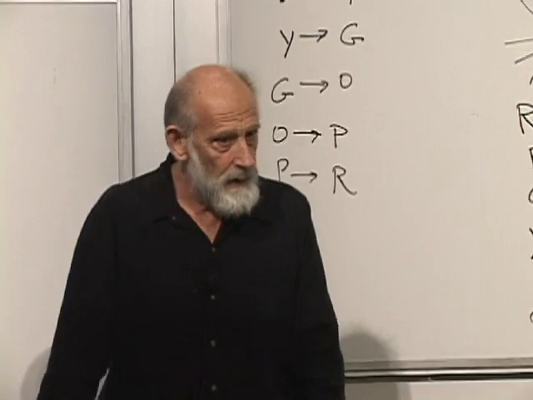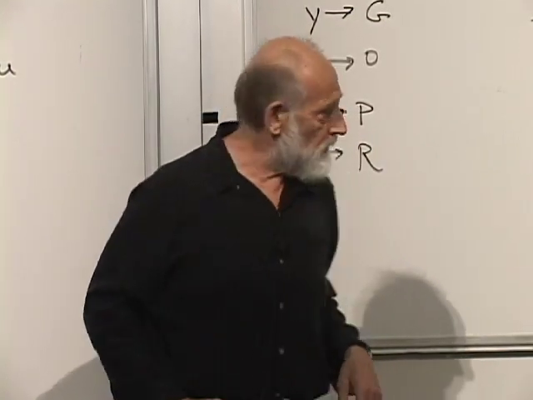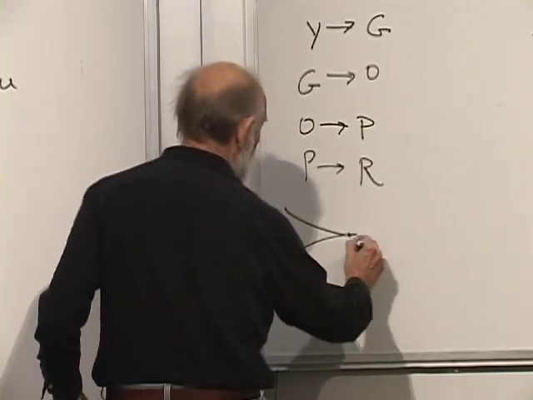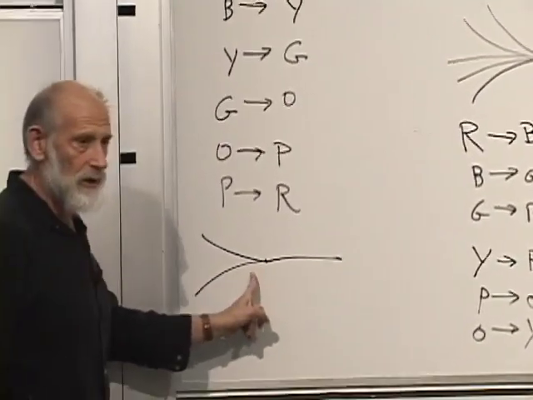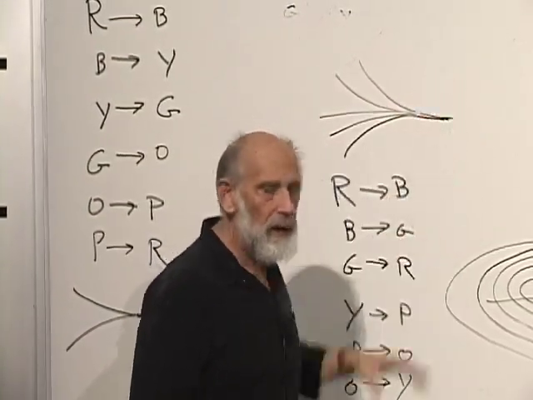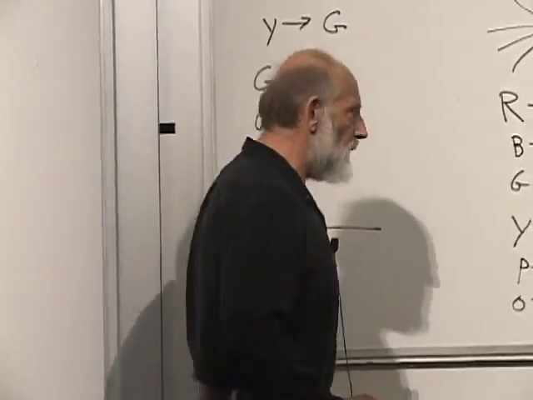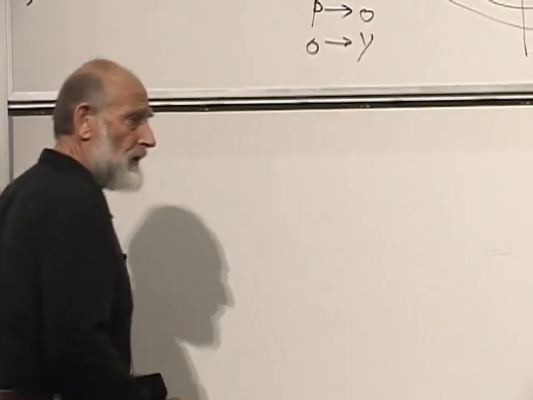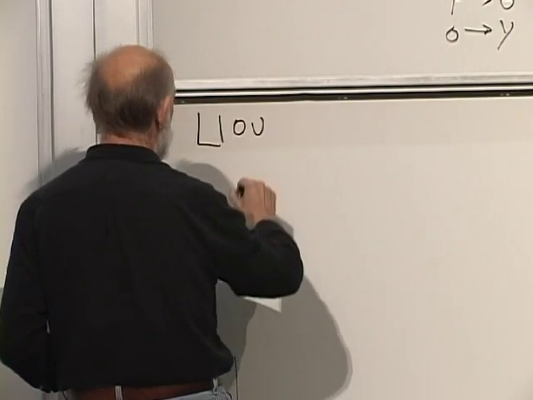That doesn't happen. Trajectories don't merge like that. Either really merge in this sense or do this kind of thing, which may look to your eye the same as this, but you can imagine the difference. Here, trajectories are just coming together asymptotically. That doesn't happen. The theorem, this is called Liouville's theorem. We're not going to prove it. I don't remember if we proved it in the classical mechanics class. It's called Liouville's theorem. Not Louisville, but Liouville.